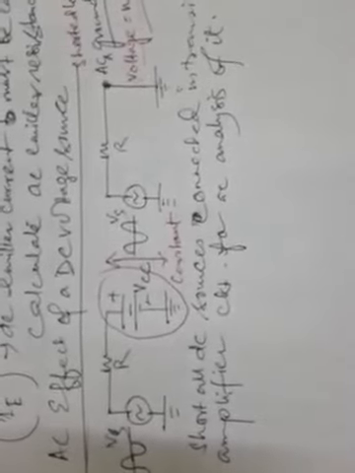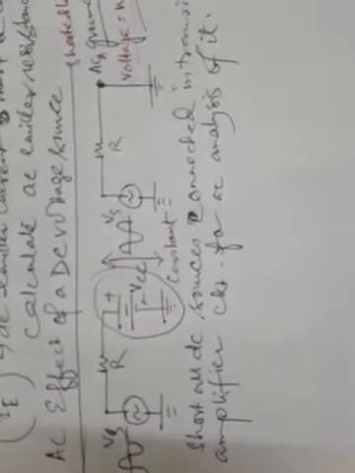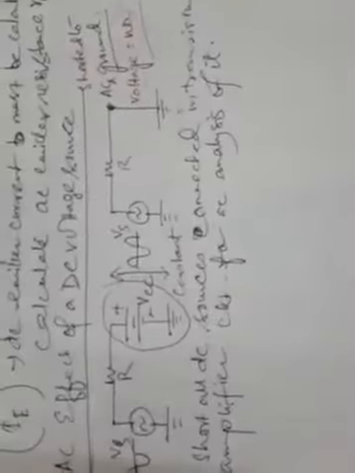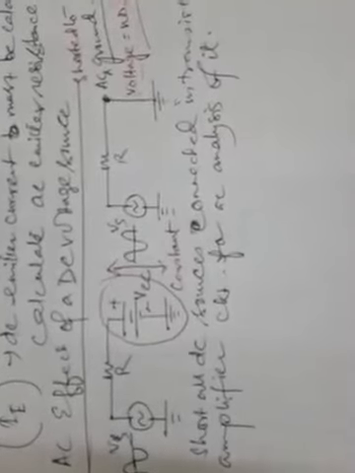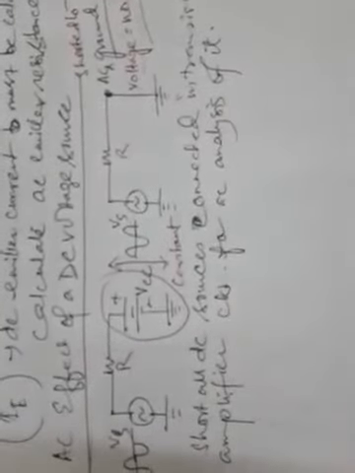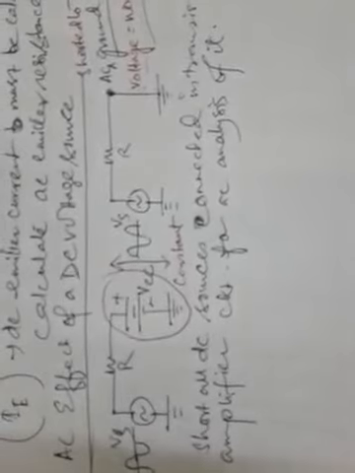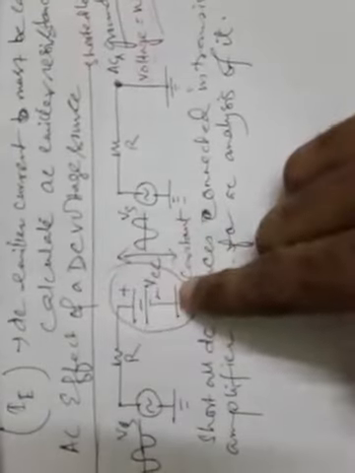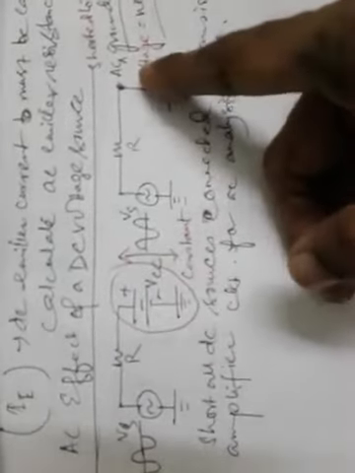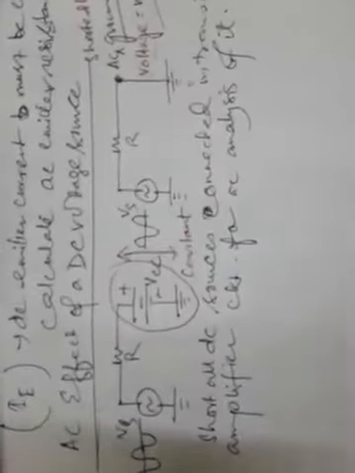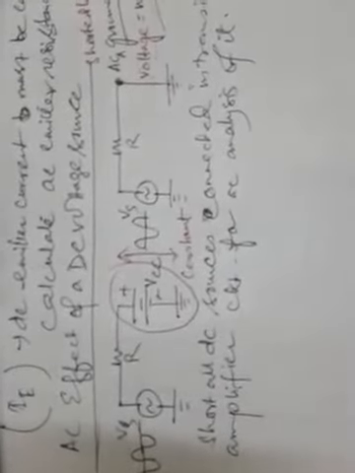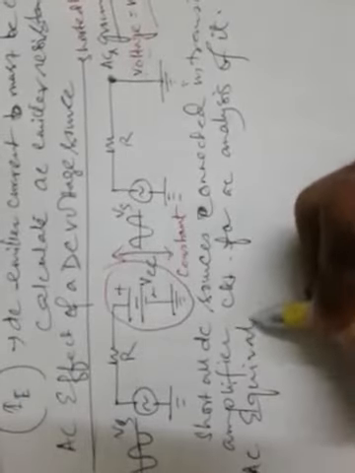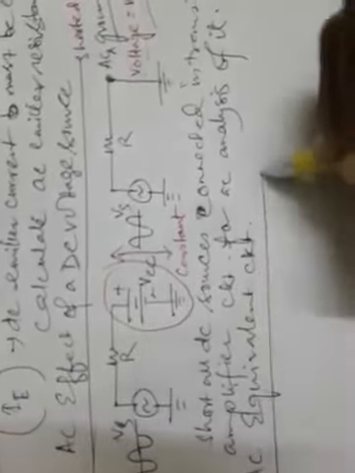So in the above figure, it means that each DC voltage supply point will act like an AC short to ground. Okay, so this is nothing but the AC effect on the DC voltage source. If we summarize the outcome, the AC effect of the DC voltage source means the DC voltage source should be shorted to AC ground in the presence of an AC voltage source at the input. Now let us see what is meant by AC equivalent circuit in case of a transistor amplifier.